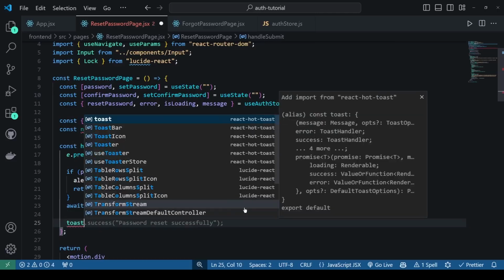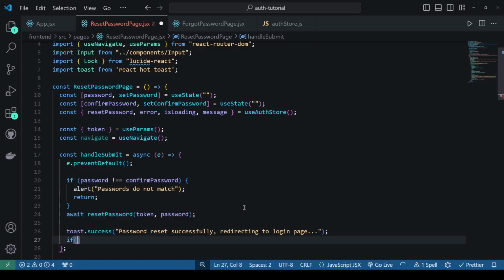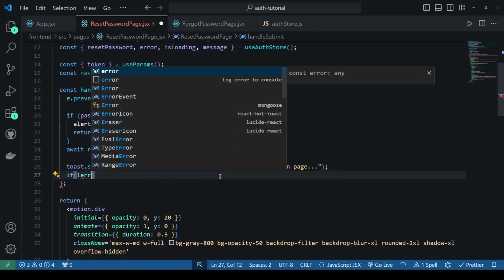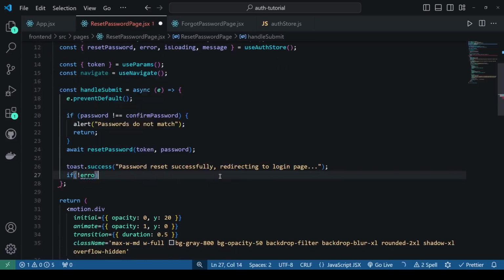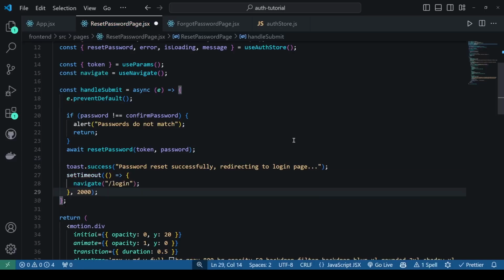Then if this is completed successfully, we could just say toast.success password reset successfully, and we could just say redirecting to login page, and you could just put 3 dots because this is going to take about 2 seconds. So we can just say if there is not any errors, right? And probably there's not going to be any errors, because if we were able to get to here, I'll just say set timeout, navigate to the login after 2 seconds,